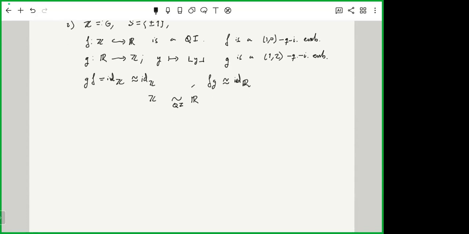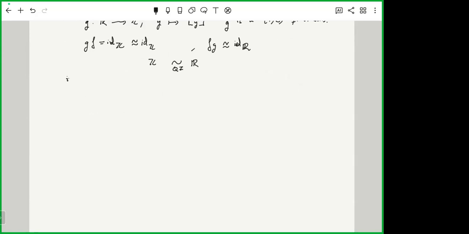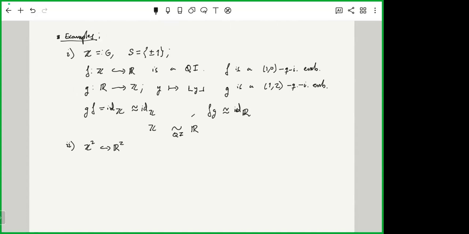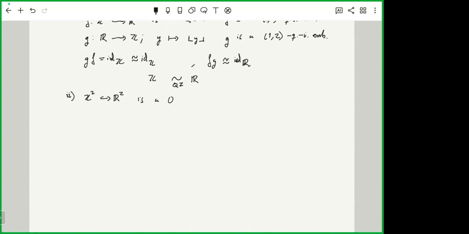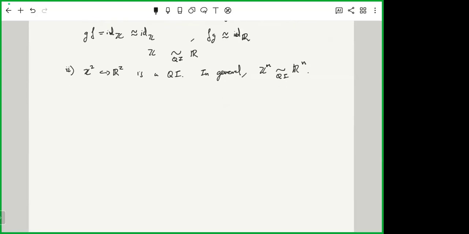Okay. More examples. You can use very similar ideas to show that the inclusion of Z squared into the Euclidean plane is also a quasi-symmetry. And in general, Z^n is quasi-symmetric to the Euclidean n-space. Okay. What else? We had this example where Z modulo 5 was equivalent to a point, and in general,